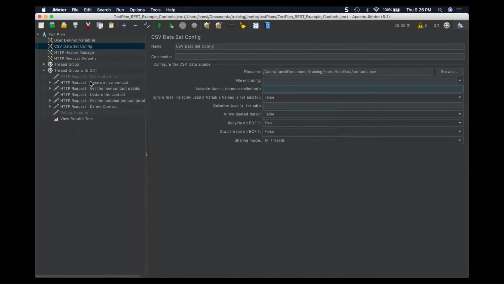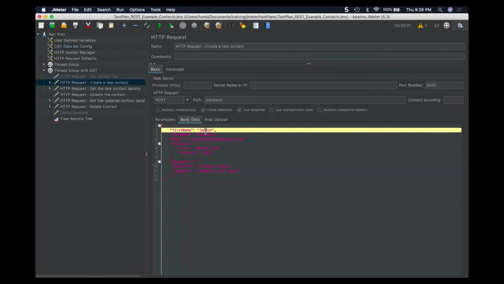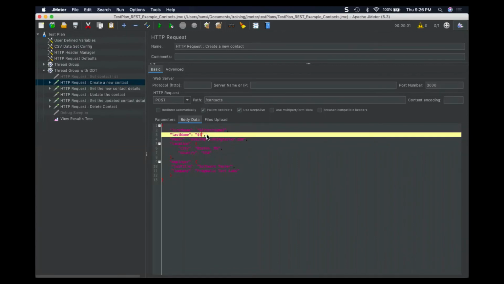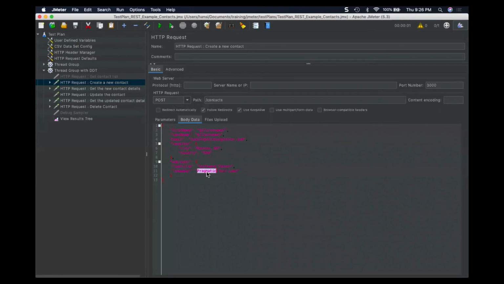So if I go to this one, create new contact, I can use the dollar first name, dollar last name, and also the company, dollar company.